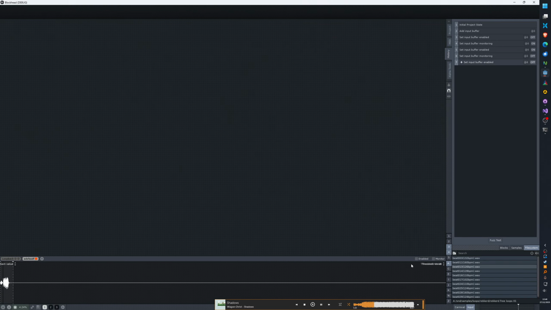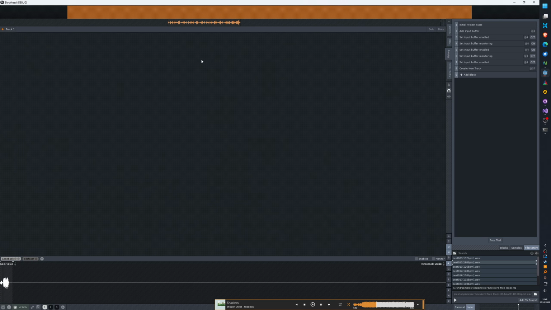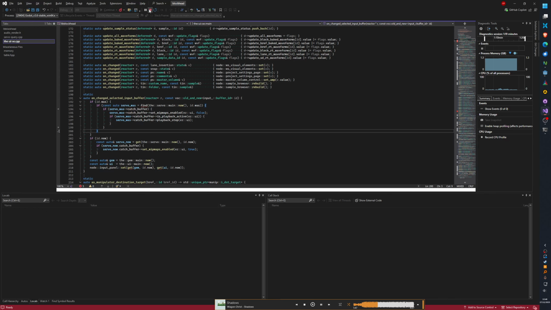Yeah, I meant to fix the gain and threshold thing. Oh, now both buffers are on top of each other, I think. Okay, so I actually broke things.